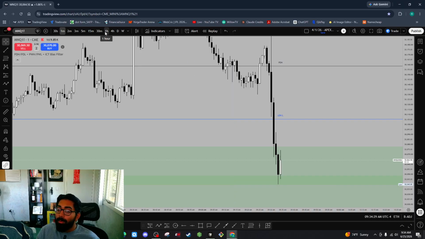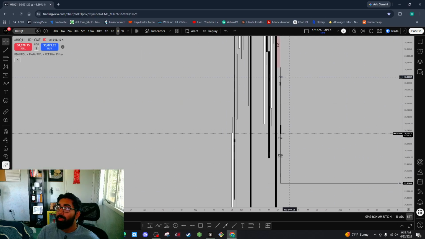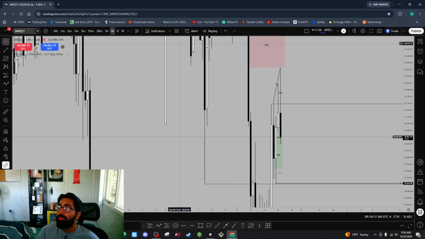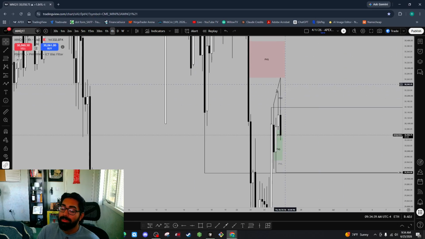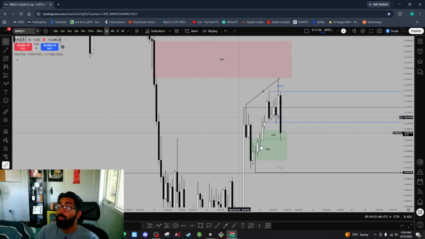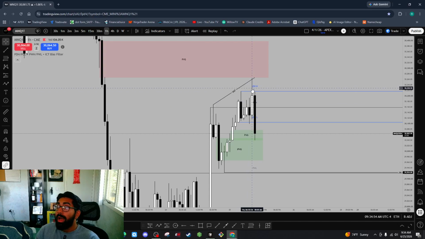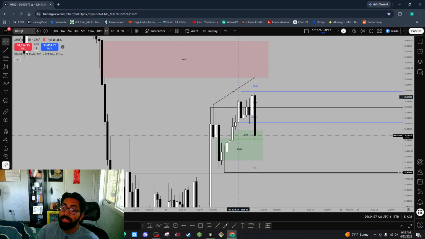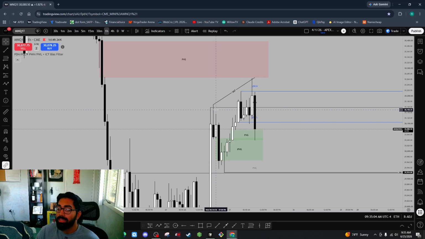But when on the high time frames, right? When on the 1 day, we're in a 1 day bearish fair value gap. When on the 4 hour, we're at the 50% and 61.8% range. That's the perfect spot for a retracement. Now price will continue in the dominant direction, which in this case is bearish. When on the 15-minute and 1 hour, we can clearly see that NQ has created an SMT divergence in respect to the previous day high, whereas ES hasn't. Both have created the SMT, but ES hasn't taken out the previous day high, whereas NQ has.